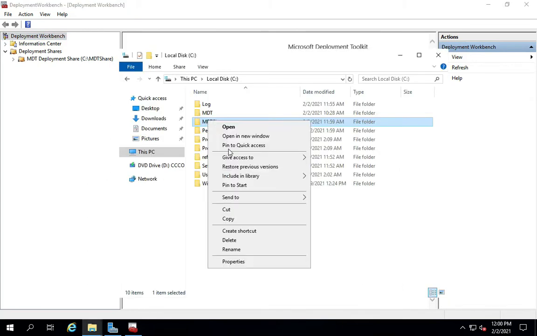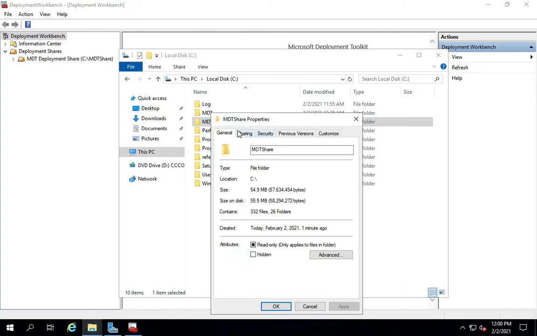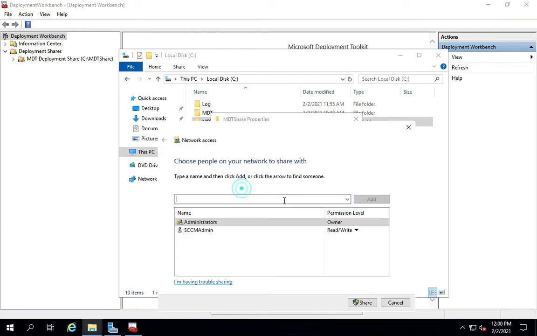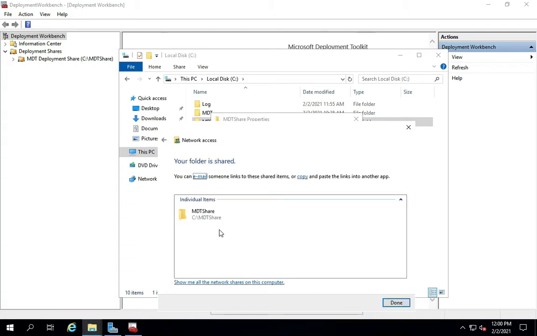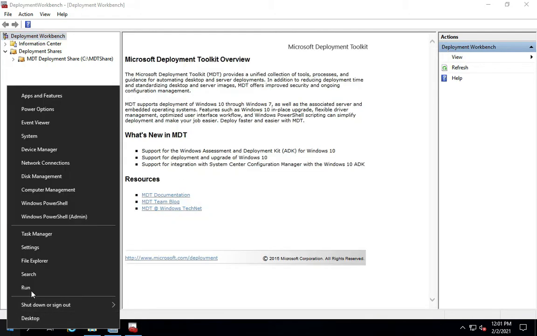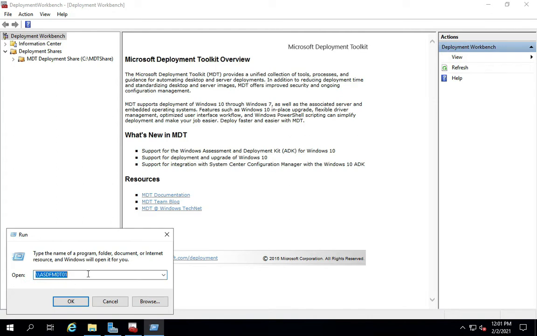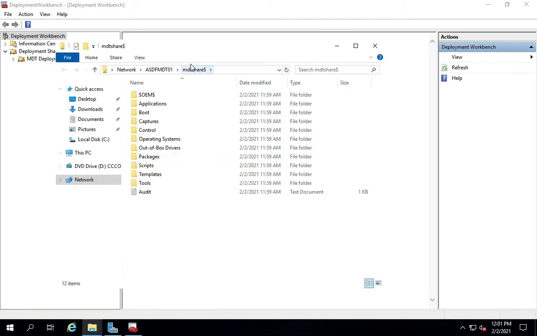In order to make this share accessible, let us share it with everyone, because again I'm only performing this activity in a local lab environment. Okay, so again I'm going to try whether that share is accessible. Now it seems like a hidden share, so we append it with a dollar variable, and there it is. There is my